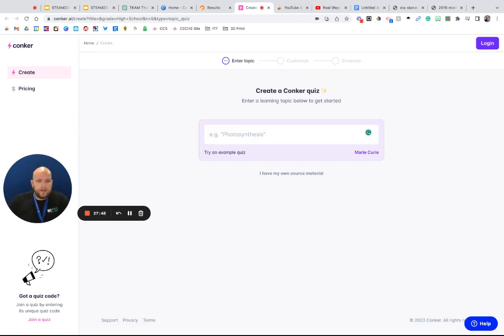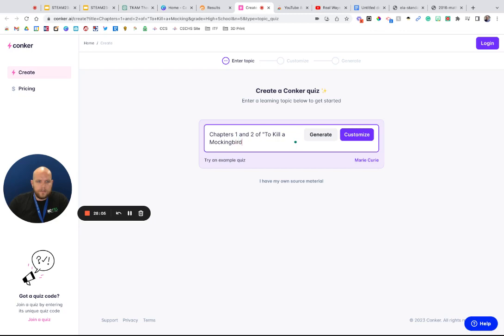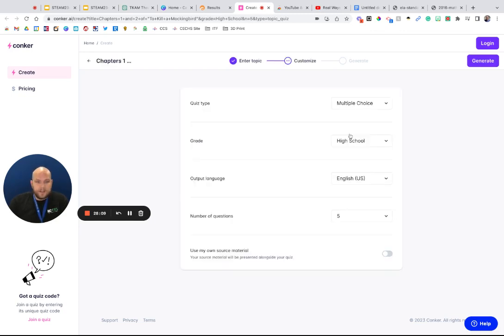So let's say I want to make another, let's say chapters 1 and 2 of To Kill a Mockingbird, since we already know it's going to be a test. That's just the subject we're going with today. I can also customize this.